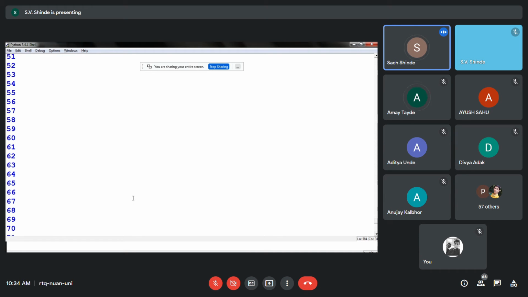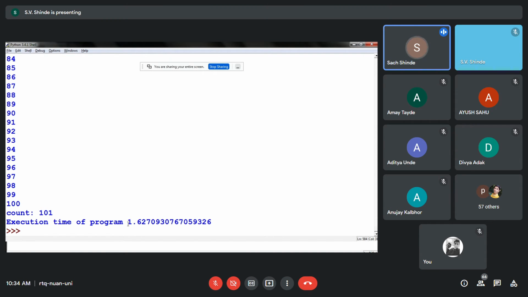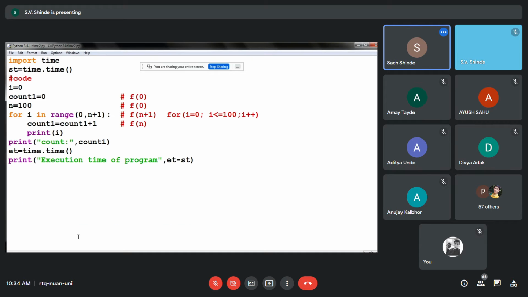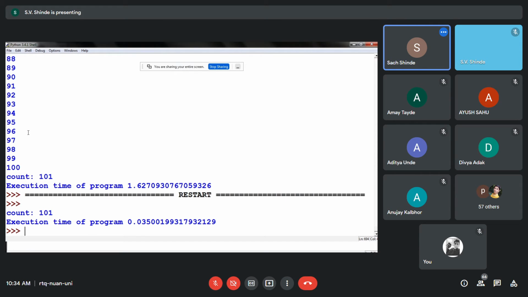Now let us see the impact when we remove some IO operations. So what will happen now? You know that it was greater than 1.5. We just assume that the time was greater than 1.5. So now let us remove this print statement. So the IO operation is now terminated, and let us check. See how much time it is now. Has my program performance improved as far as the time requirement is concerned? Yes, participants.